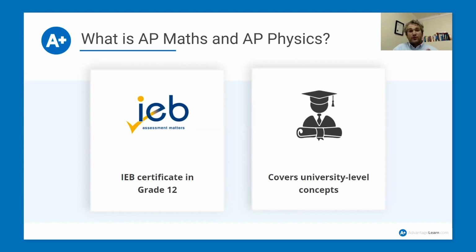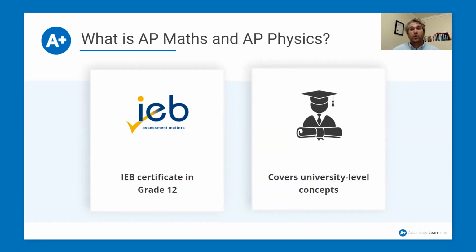So that is essentially what the advanced programs are. The underpinning philosophy of the advanced programs is to better prepare learners for university study. That is what they're all about. This is increasingly important these days, in that there is a growing gap between what learners are learning at a high school level and what is required of them at a university level.